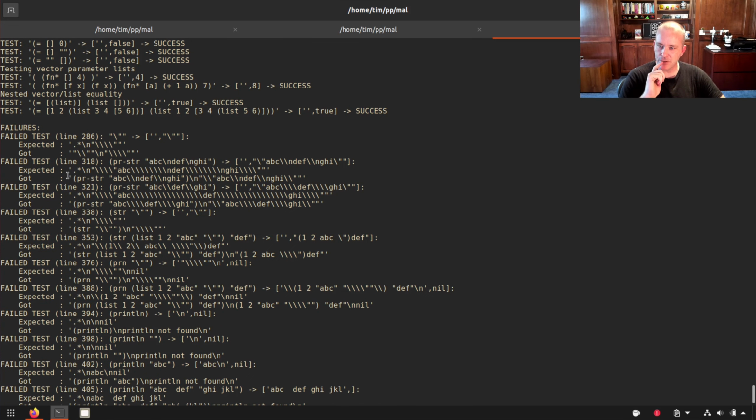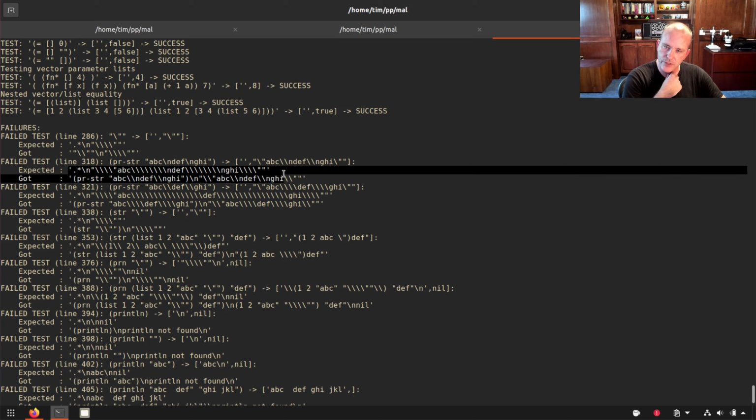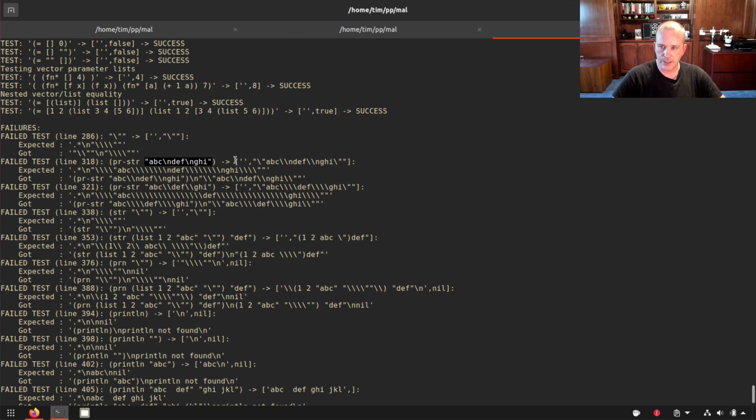We've got some issues with PR, stir, and PRN. I feel like they're probably all related in some way because they're all dealing with strings and escape characters and stuff like that. What makes it a little bit hard, as you might recall, is the escaping. When the tests fail and it prints out the result, it's a little hard to see exactly what it expected. And so I think maybe this top line is the best